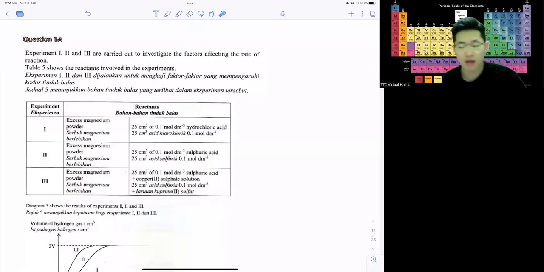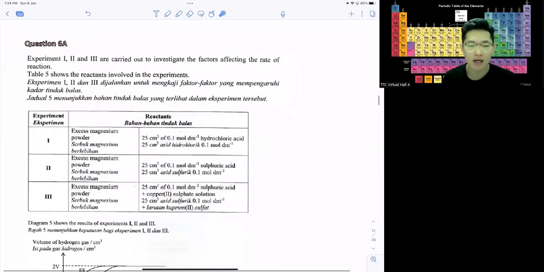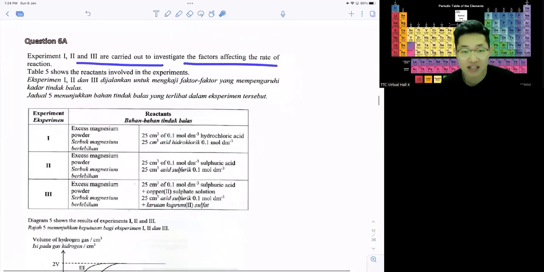OK，同学，欢迎回到 Part Two。Part Two 可以看第六题，is about rate of reaction. So here, I think most likely the experiment, one of the rate of reaction experiment will be acid plus metal lah. Okay, so here it says experiment 1, 2, 3 are carried out to investigate the factor affecting the rate